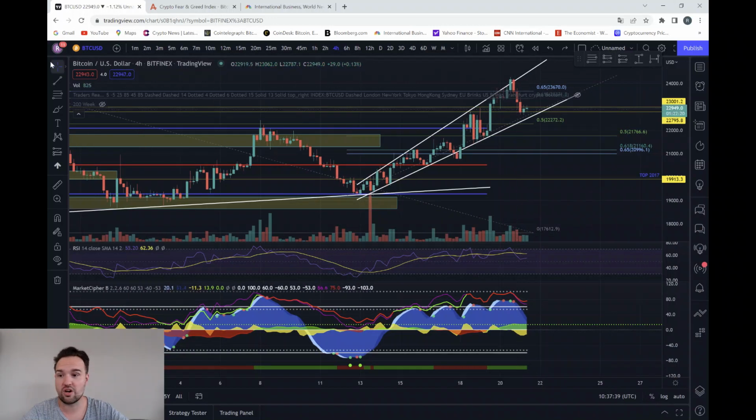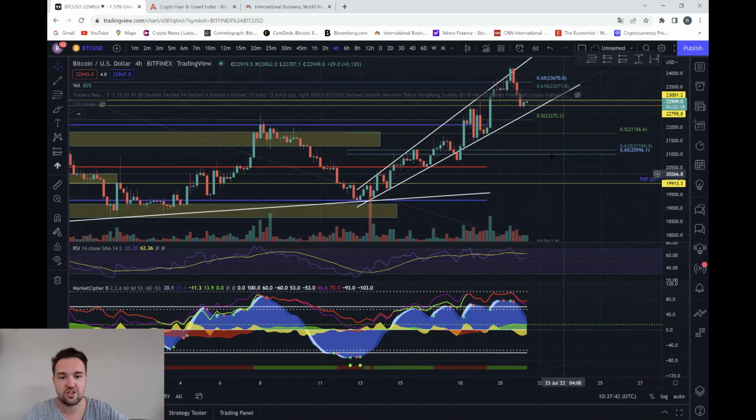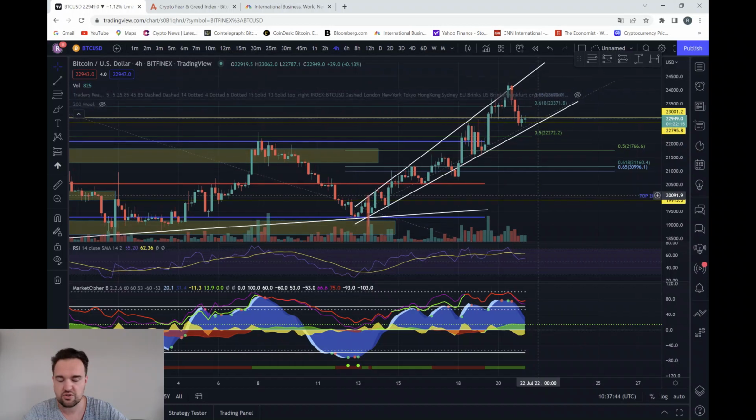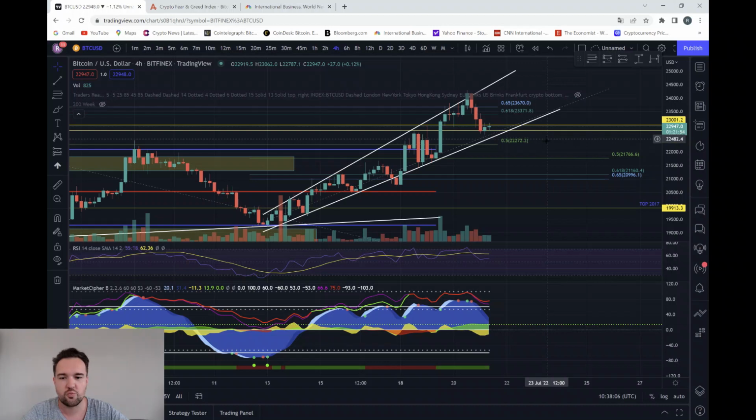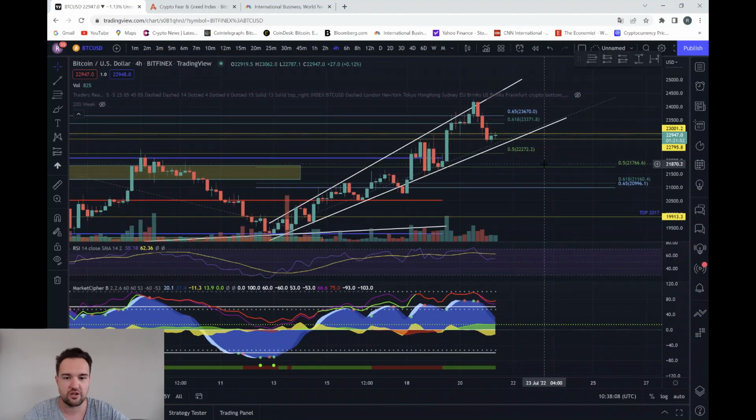For example, our good friend Carl from the Moon said that we're going to see 48k in 2 weeks. Absolutely ridiculous, but he has an entry price of 23,000 for $1 million. So right now, recording this, he is underwater with his position, and definitely when it goes lower and breaks some of these levels, those are the YouTube heroes that will close the position into a loss, and then suddenly we will spike much higher. It will be a lot of fun to watch those people get liquidated and stopped out, because this is just the stupid money in the market, and we are trading this level by level in a very